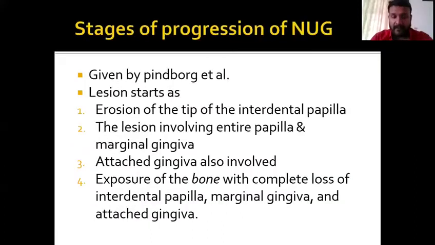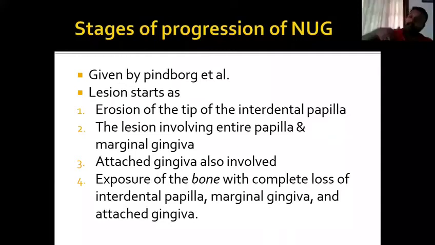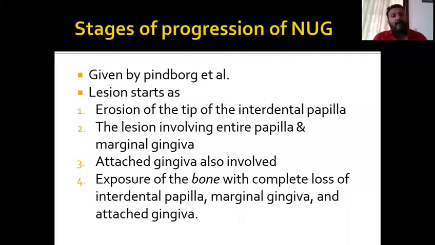Now coming to the stages of progression of ANUG, or you can say the stages of ANUG. Okay, so first the lesion starts as an erosion at the tip of the interdental papilla. There will be small redness and small erosions seen in the first stage. Then slowly the lesion involves the entire papilla and slowly the marginal gingiva also. Entire marginal gingiva will be involved. Once the marginal gingiva is involved, slowly there is exposure of the bone, with complete loss of interdental papilla, marginal gingiva and attached gingiva. So this is how